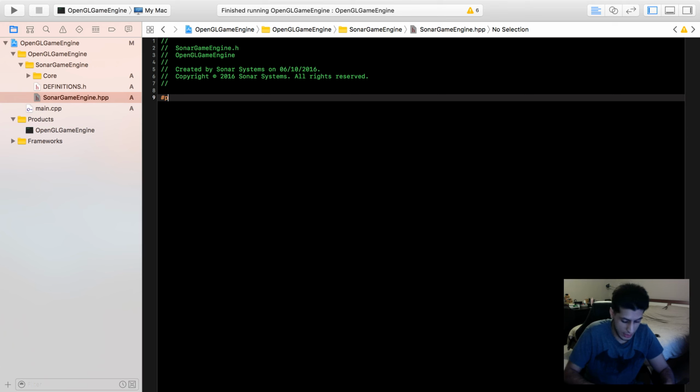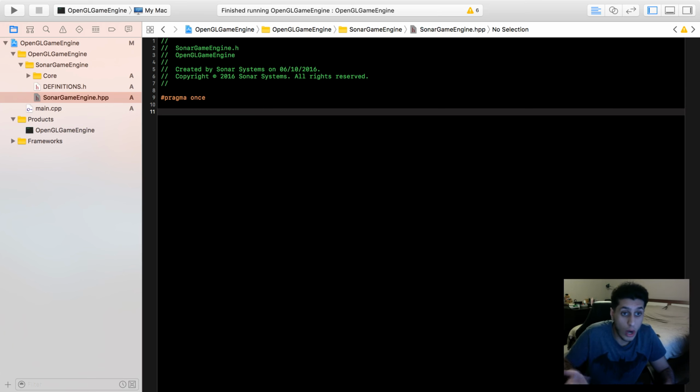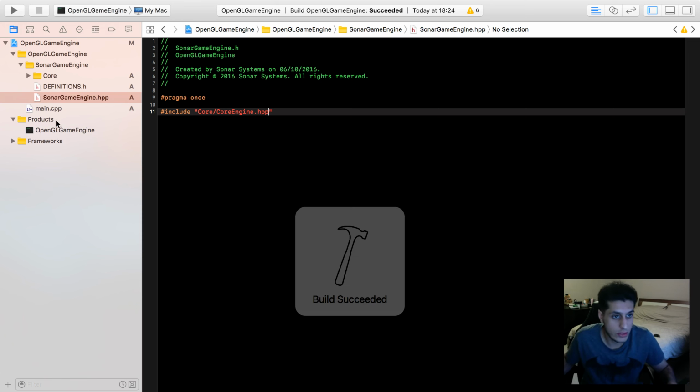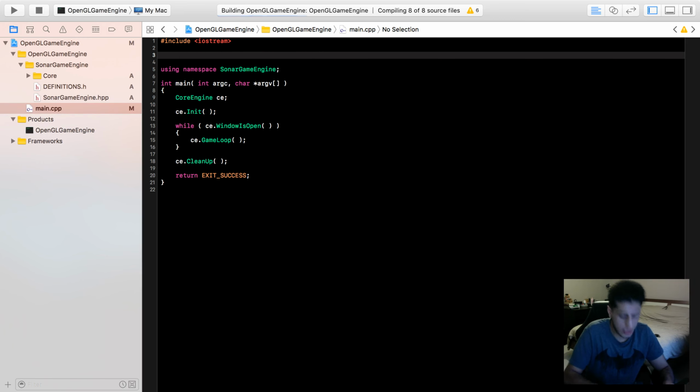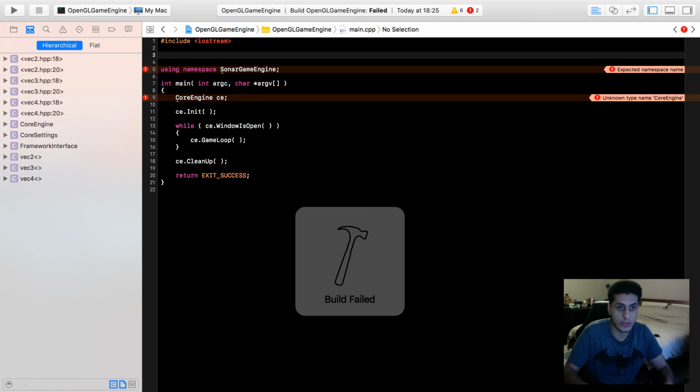sort out this. Usually game engines, like Cocos2d-x for example, will have just the one file that you include, and that will include everything else that you need. So Core Engine .hpp. So instead, in the main CPP, if I were to get rid of this and build, it fails. But if I were to now